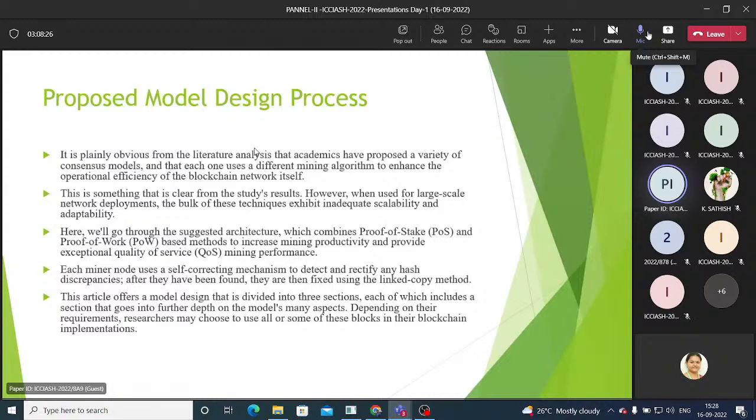mechanisms to detect and rectify. So the hashing method is one main technique to make the blocks unique, and yes, the mining methodologies with the help of the combining of the